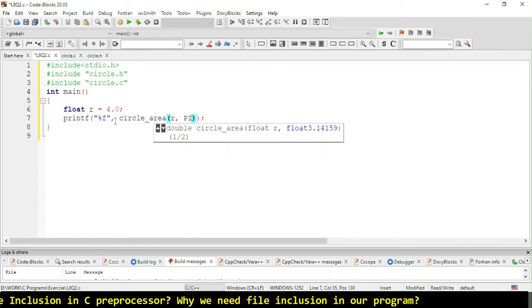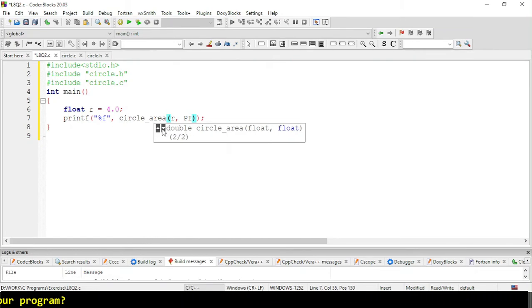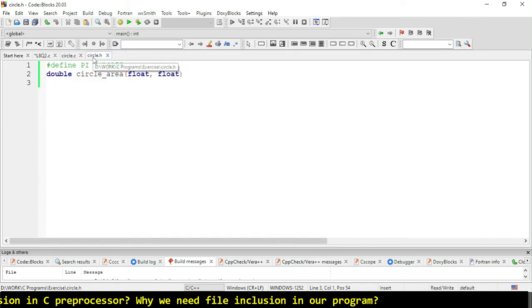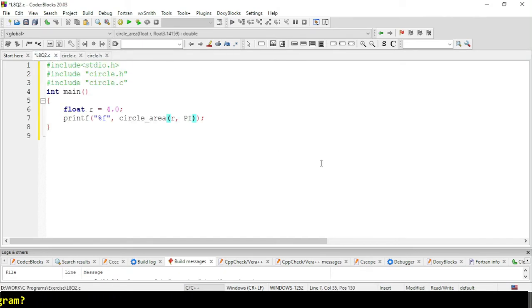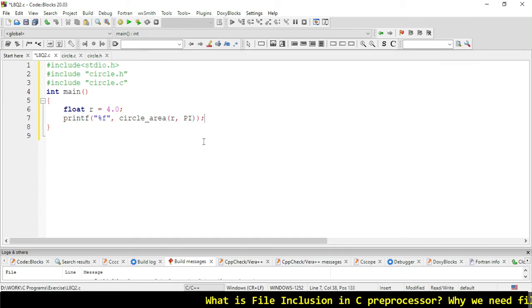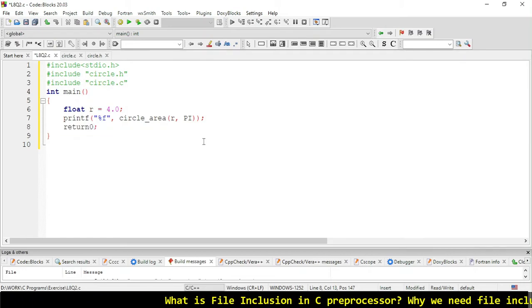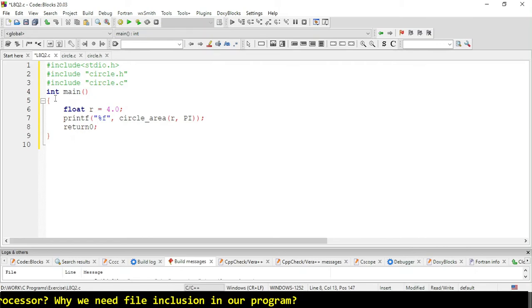So r would be our first parameter and pi will be second. Like this. Then return 0 because we are using main. That's it.